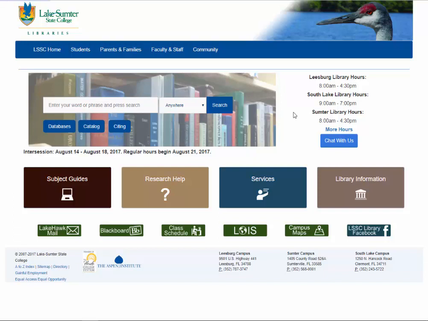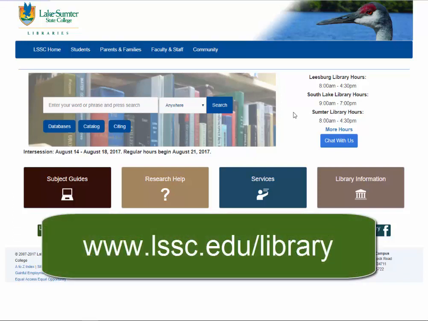Databases are electronic collections of magazine, journal, and newspaper articles, video and audio files, images, reference material, and much more. While databases are delivered over the web, their contents are not considered web pages. You can access databases by going to the LSSC library website at